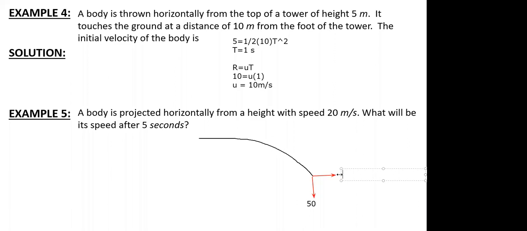Then root 50 square plus 20 square whole meter per second. So root 2900 meter per second. So by solving, we get 54 meter per second. Okay, fine. You are telling that whatever the resultant is, that is due to the two components of the velocity, right? One value you get as 20 because that is going to remain the same, and 50 you got by applying the motion equation, and then you applied the Pythagoras.